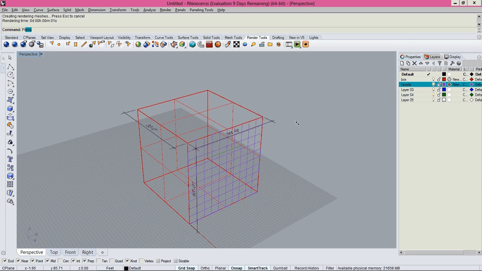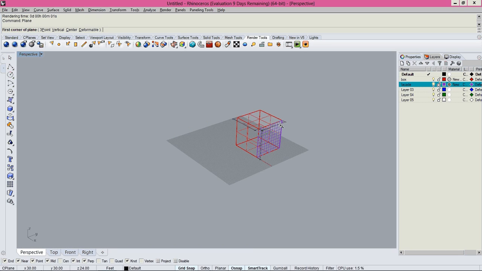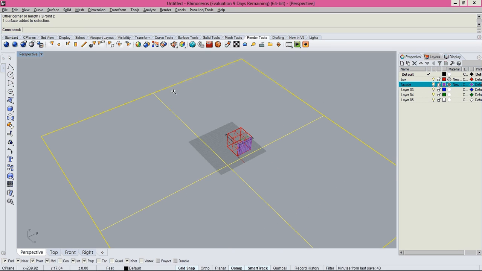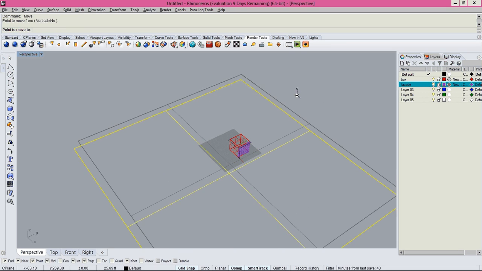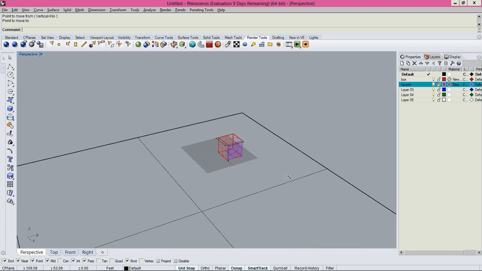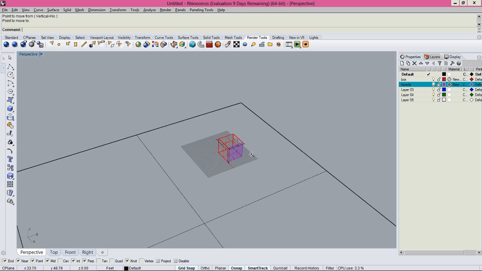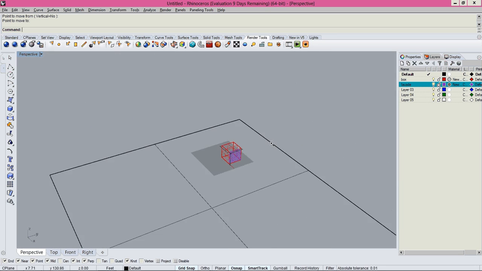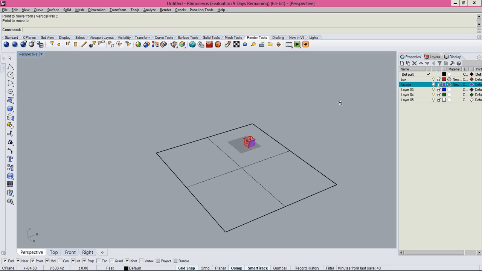Let's create a plane for the floor. We type plane, press enter, and create a very big plane. Let's make sure that none of these subdivision lines cross the object. So something like this. You see, subdivision lines are not in the middle. And we're gonna place ourselves here. We're not gonna select anything, which means we select outside